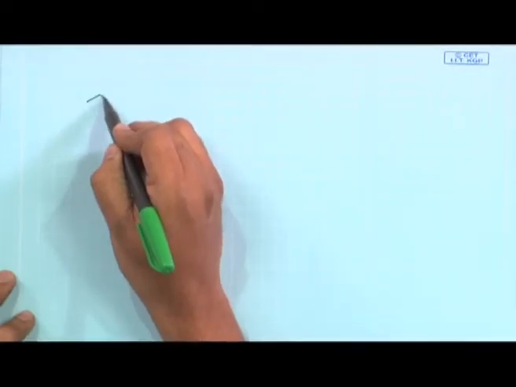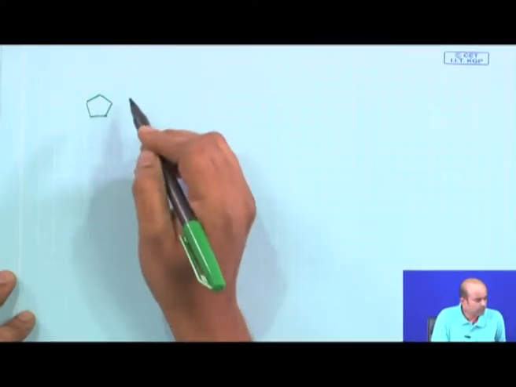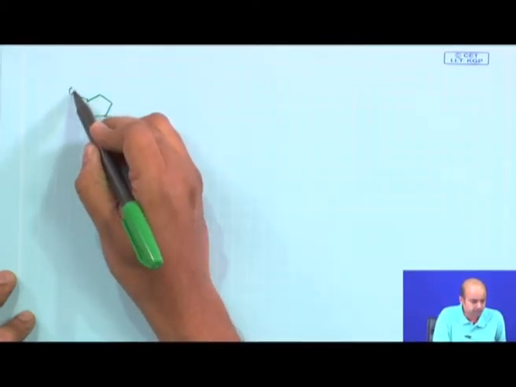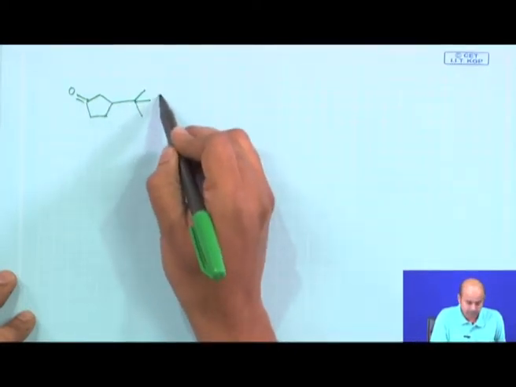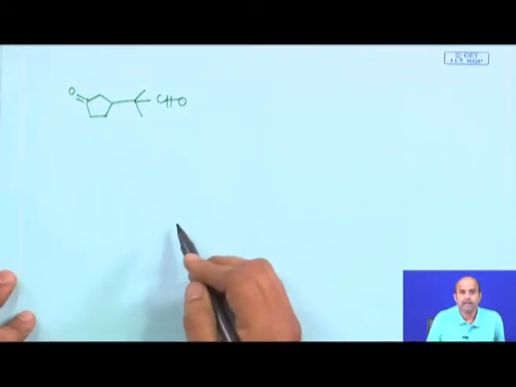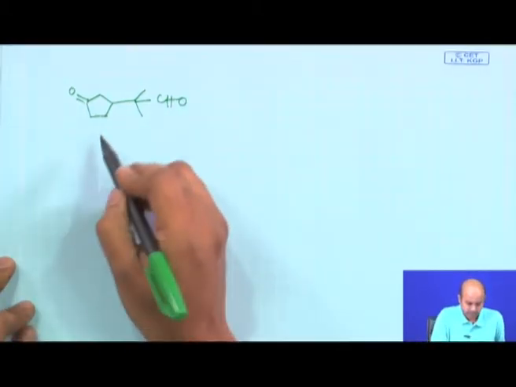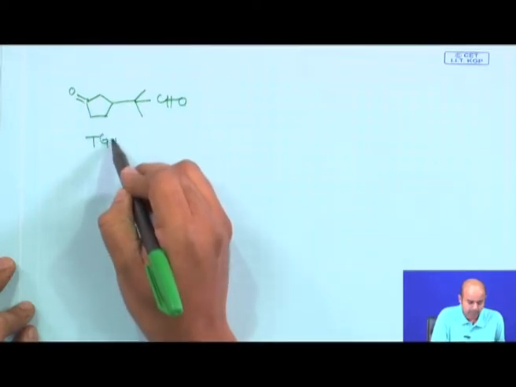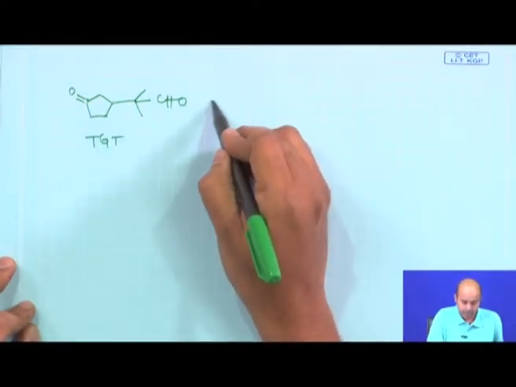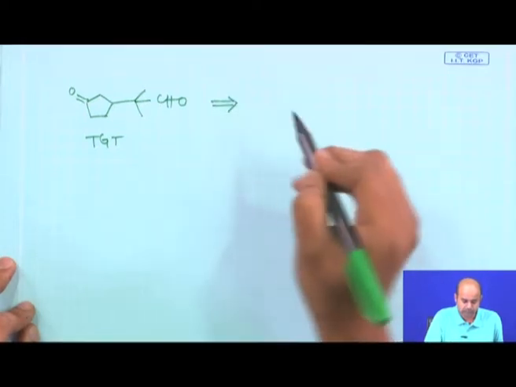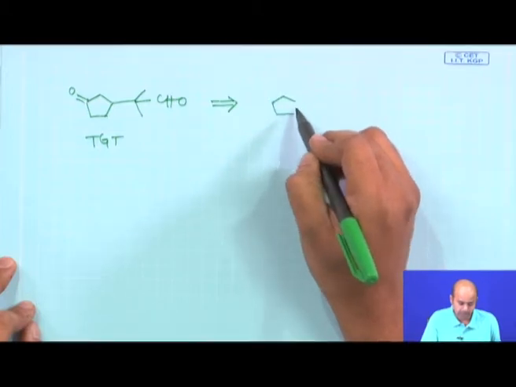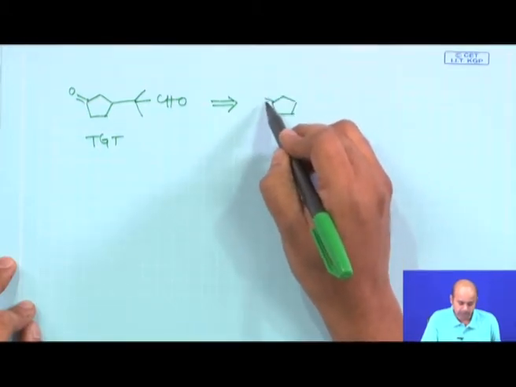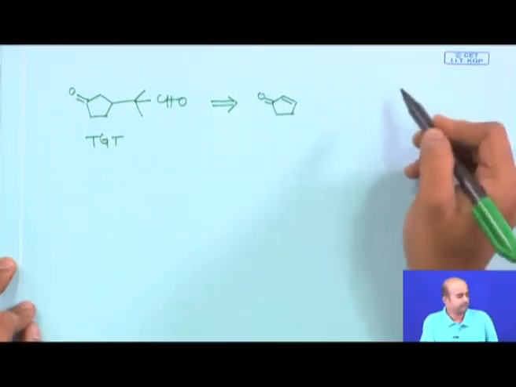The next one will be a similar kind of thing, but we will be talking about a potentially useful transformation, which is named as aza-enolate alkylation. The target molecule was this, and to make your thinking simple, I will give you the starting material also. I said this compound needs to be prepared from a cyclopentenone.